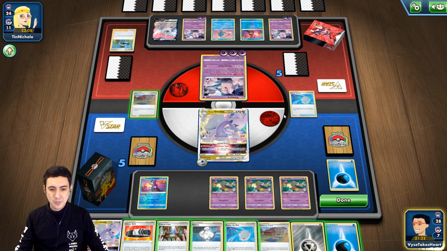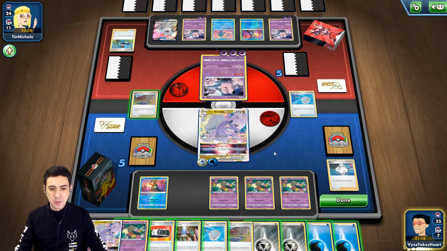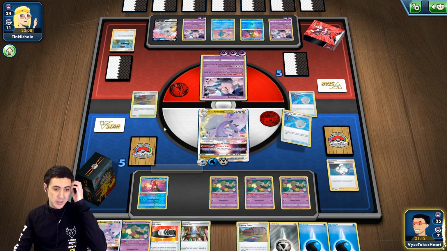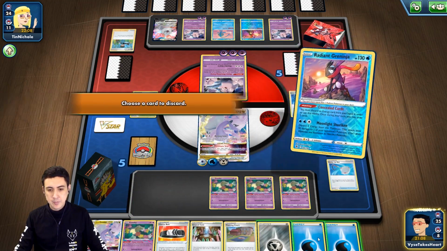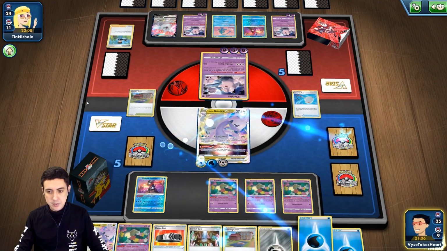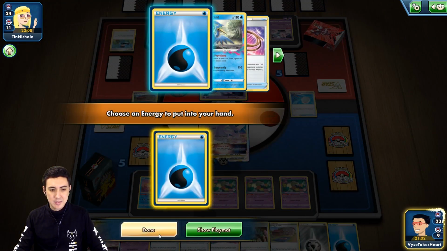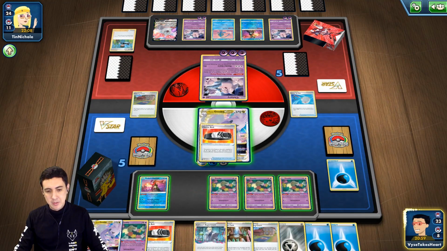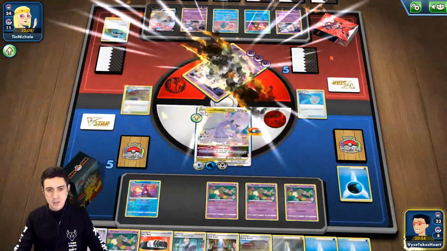Dude, I should not have put Goodra active at all. Like, at all. Thinking back. We're gonna scoop up the Greninja and put it back down. Use the effect again. Always lucky. Yeah. I mean, we might as well just attach that. There is a Weird Ear on their side, so...